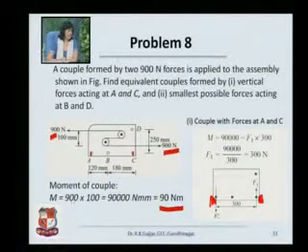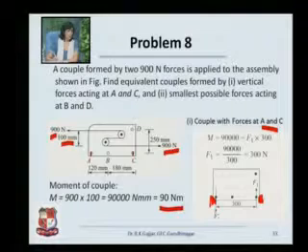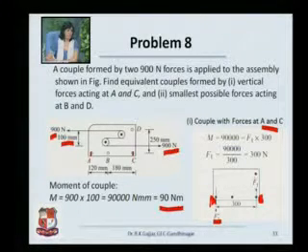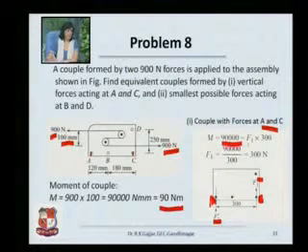Here is the moment: 900 into, they are 100 mm apart. So 900 into 100 is going to be 90,000 Newton mm, which comes to 90 Newton meters. We have to find an equivalent couple which has the same magnitude. So here is your problem, couple with forces at A and C. So you apply unknown forces, say F1 dash and F1 at A and C. You already know the magnitude that is required to be found by these forces, that is 90,000.